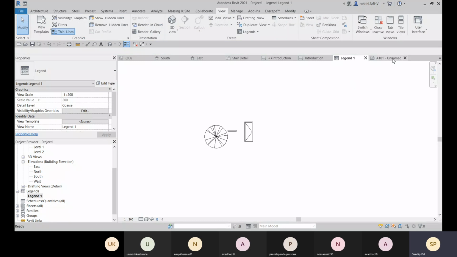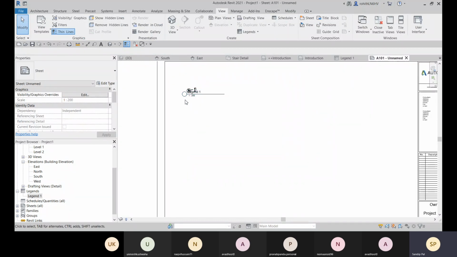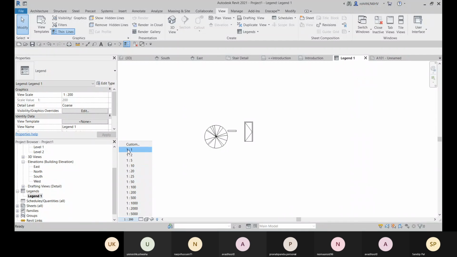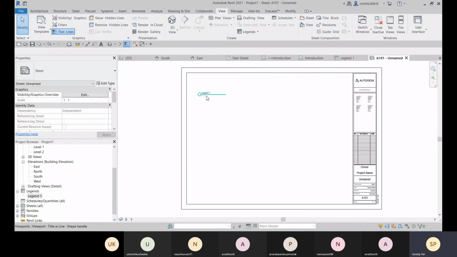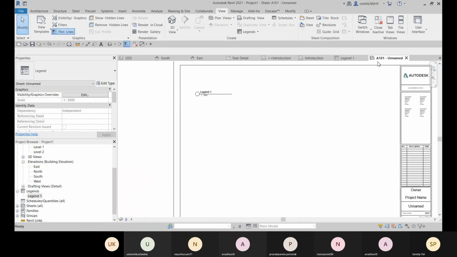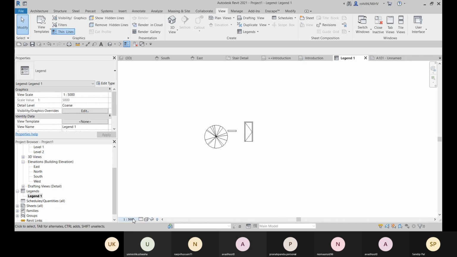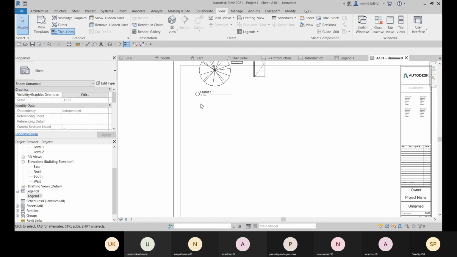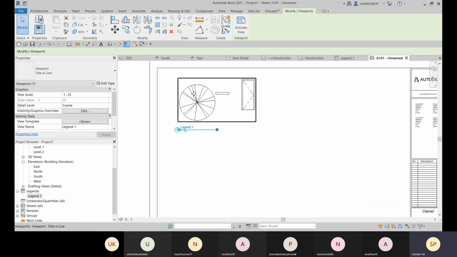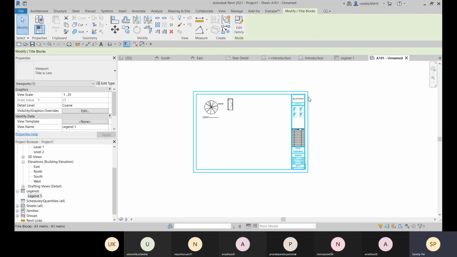If you change the scale here, it will be reflected. And I will show you how we can place and modify these things. First, I will show you how we can create our sheet.